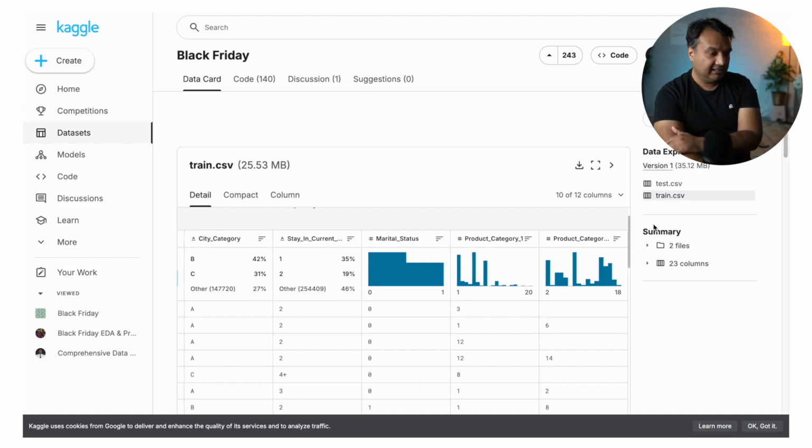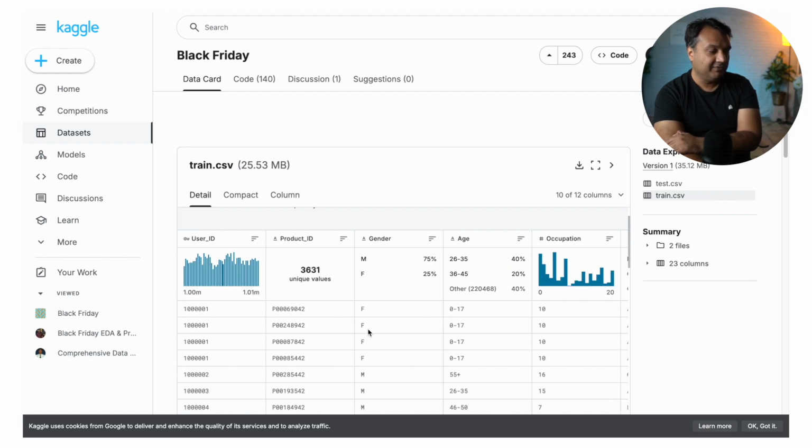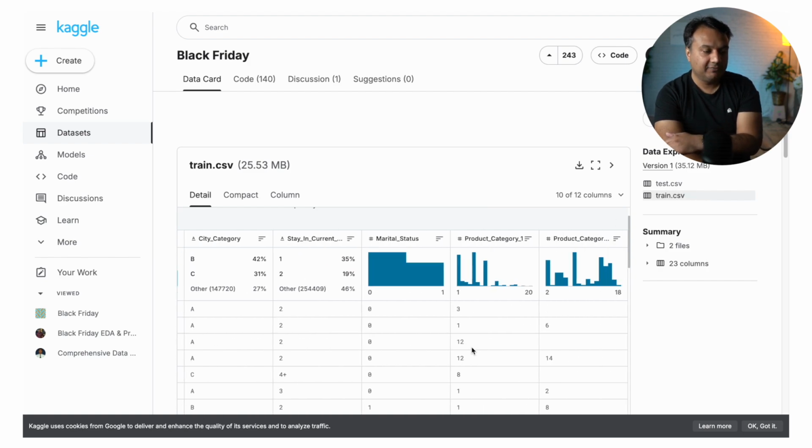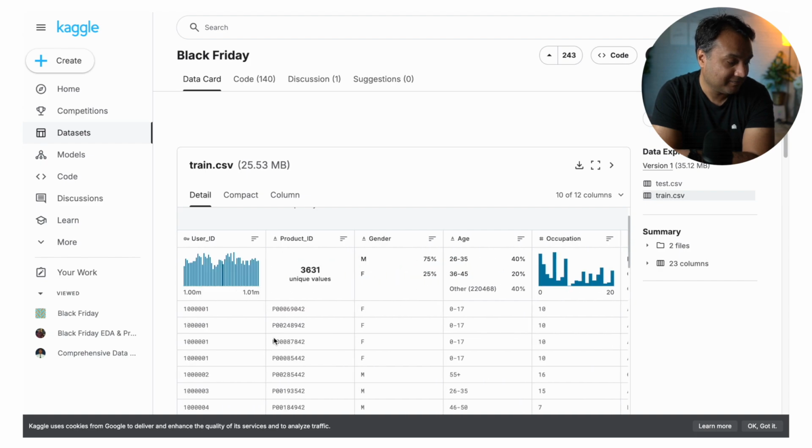So this is the data, and then the thing you're trying to predict is basically how much they would be spending on these products. So at the time of training, you will have that number available, how much this user spent on this product ID.